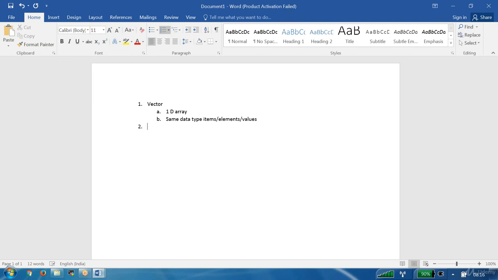Now, for creating a vector, we have two syntaxes. One syntax is c, and that has to be a small c. MS Word is automatically correcting it. The second is the vector function, where we have to define the data type and the length of the vector we want to create, like this example.